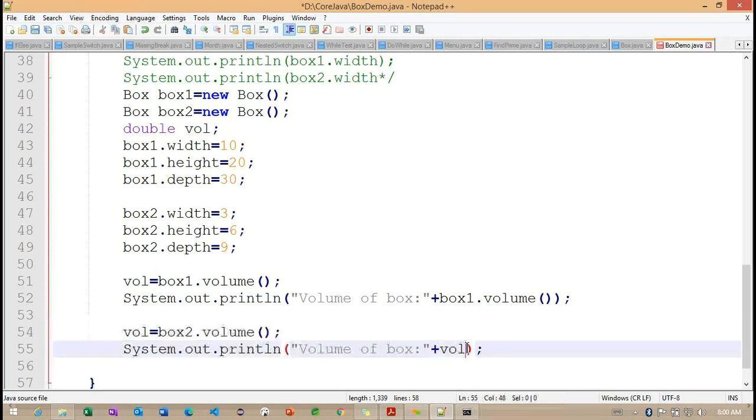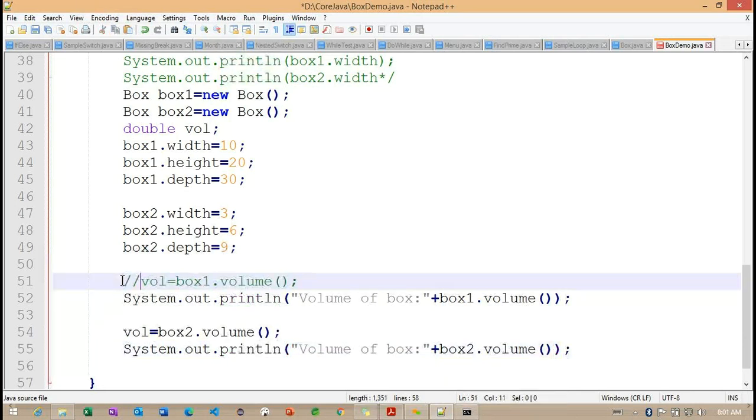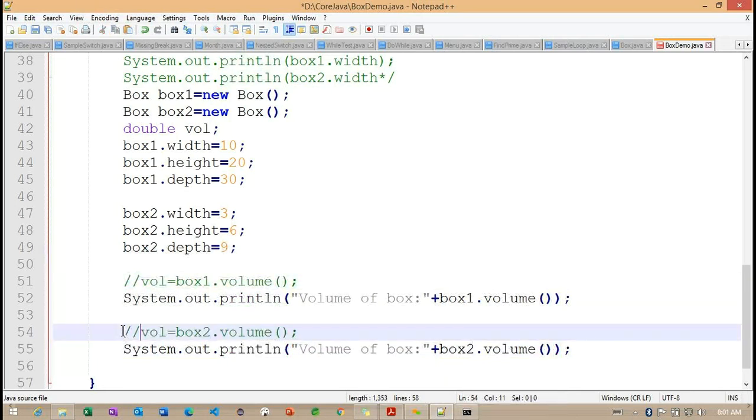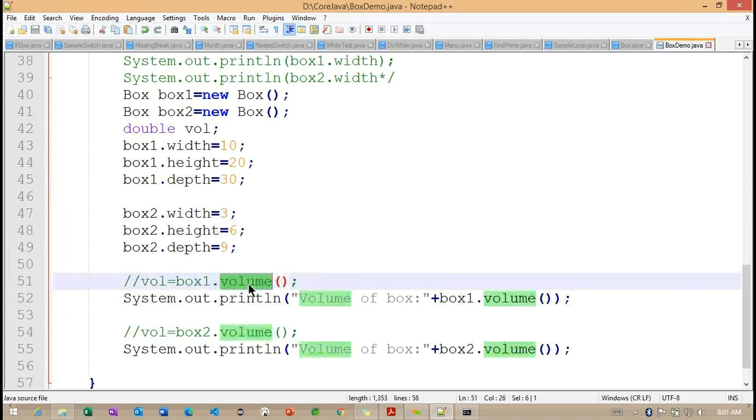Getting the point? Whenever we add like this, whatever value this particular method is returning is going to be appended with this particular string. The whole string value is going to be printed by this println method here. Now I'm commenting out these two println statements, so that we stop calling the value here.